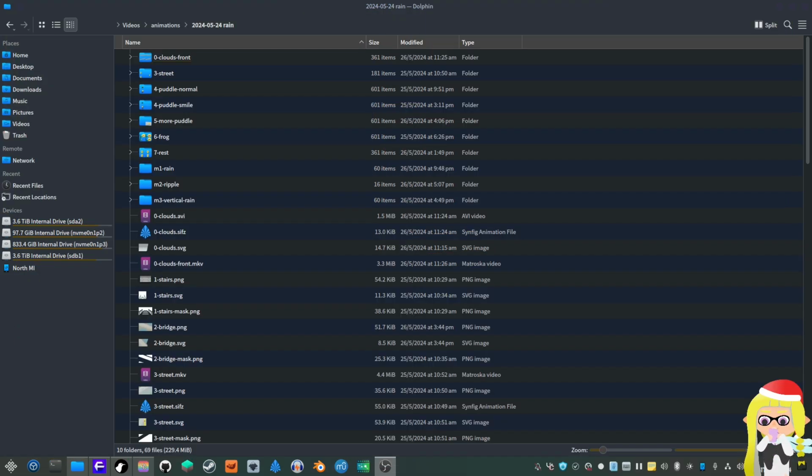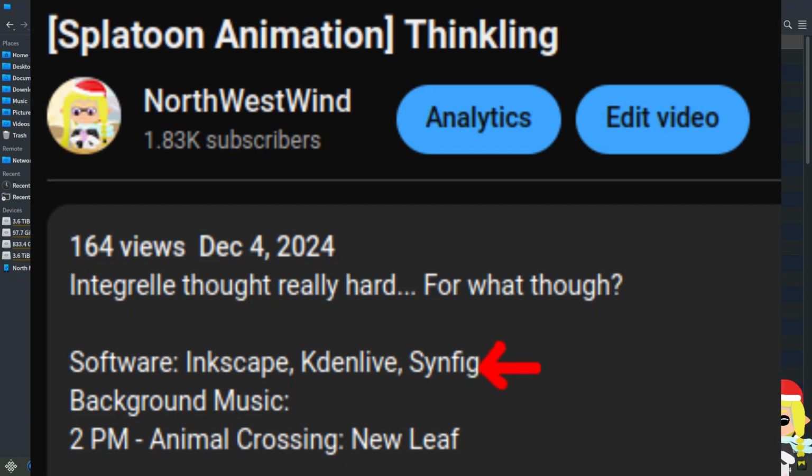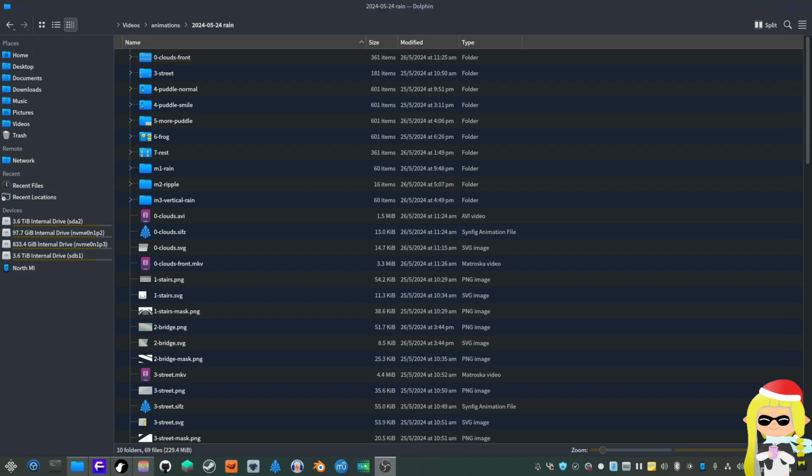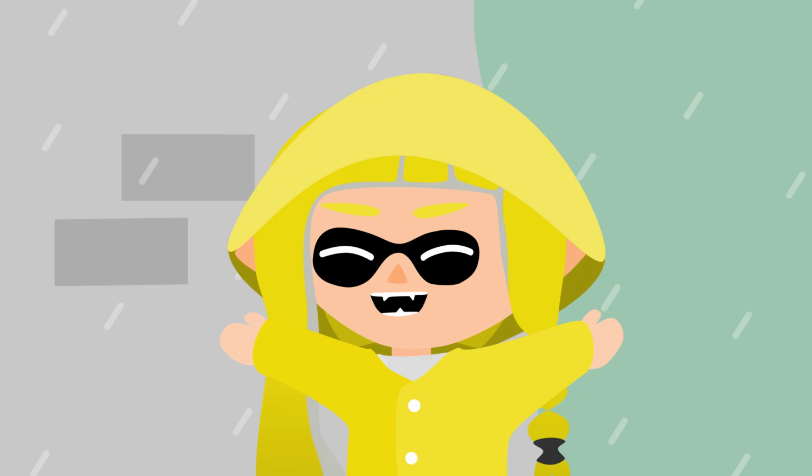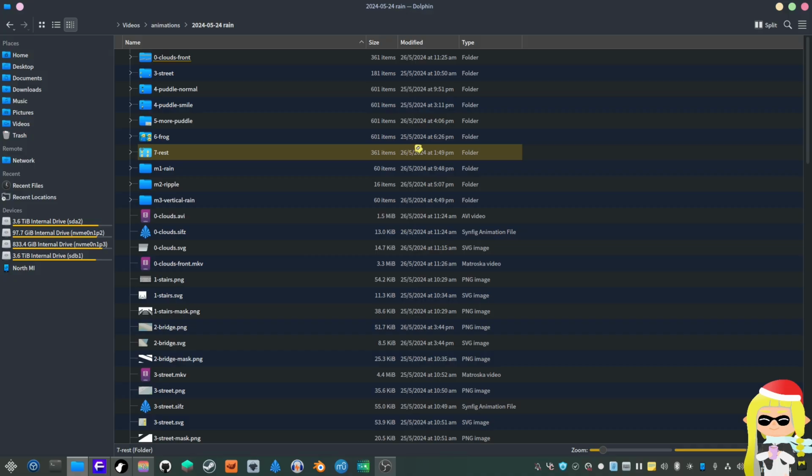Now, in every animation I publish, I actually include the software I use to create that animation. We call this a software stack. So it's basically just the combination of these software. Today I want to talk about these software and how I use them to make the animations you watch and enjoy, hopefully. What you're seeing right here is the animation folder of the rainy day animation that I released